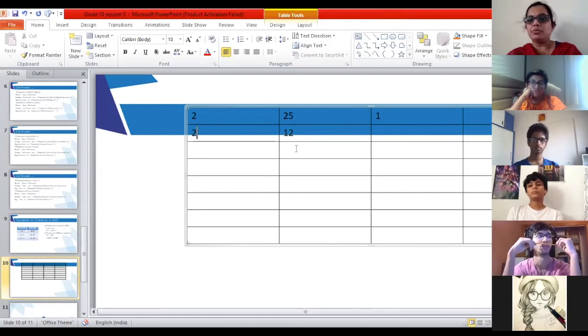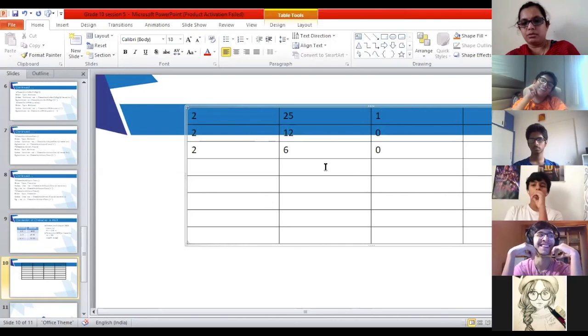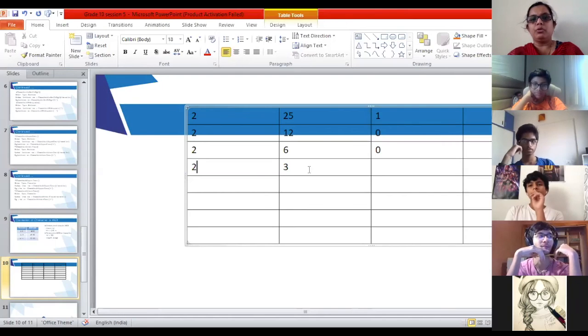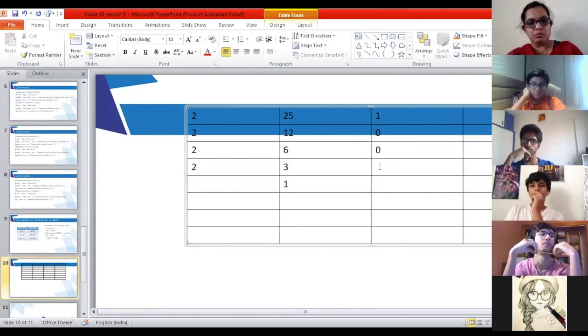Again, divide by 2. How many times will it go? 6 times, and the remainder is 0. Again divide by 2: quotient 3, remainder 0. Again by 2: it goes 1 time, and the remainder is also 1.